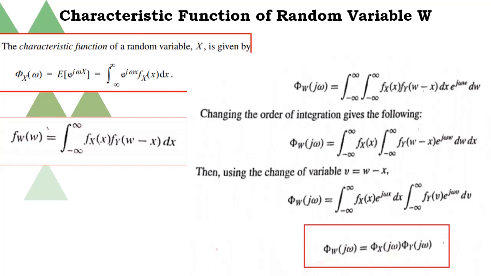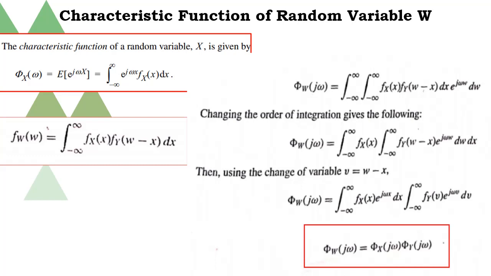Now applying this in the main equation of the characteristic function, we get phi_W(j omega) equal to double integral of f_X(x) f_Y(w minus x) dx multiplied by e to the power j omega w dw. Now after changing the order of integration and replacing the variable w minus x by v,